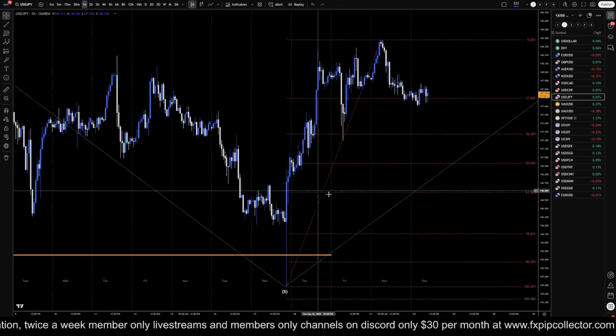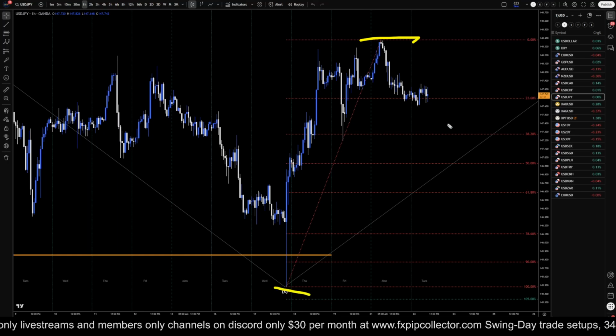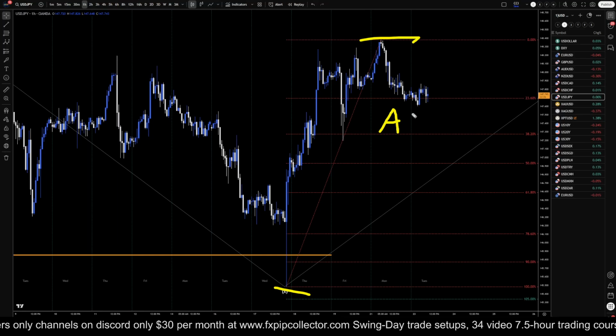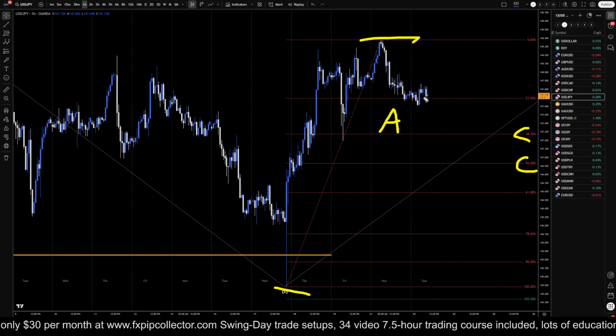So anyways, going down to the 1 hour time frame, I got my Fibonacci retracement on the whole move up from here to here. I think that this is not a complete pattern. I think this is only like maybe a wave A. I think we need to go down to at least a 38 or maybe even the 50%,